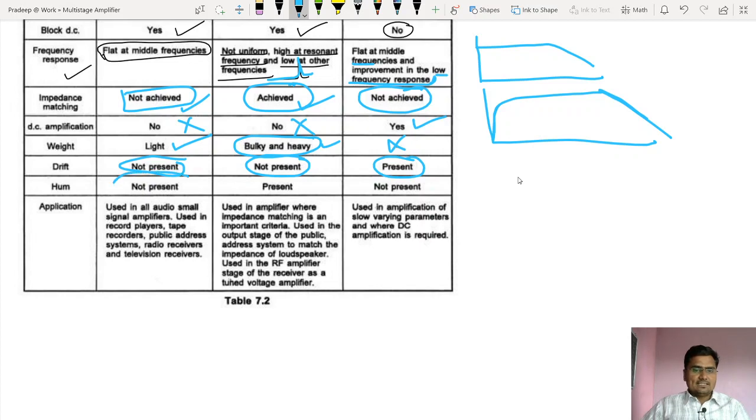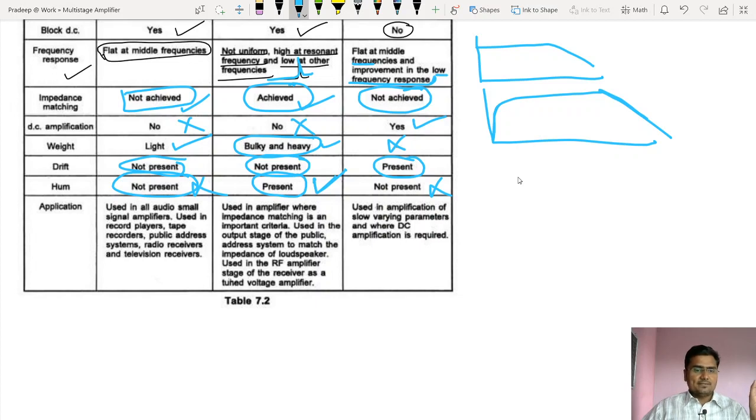And even this RC coupled amplifier has no question of hum, but there is a transformer, so that's why there is a hum, is it? I hope you are aware of hum, is it? When you work with the transformer, I hope you have done practicals with the transformer in case of rectifiers. When a transformer is there, if you listen carefully, there is a small sound coming from the transformer. That small sound is hum, is it? So in RC coupled amplifier there is no transformer, no hum. Here is a transformer, there is hum. Obviously no question in case of direct coupled amplifier, is it?